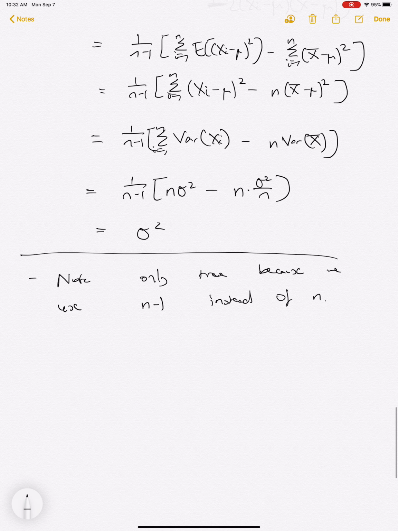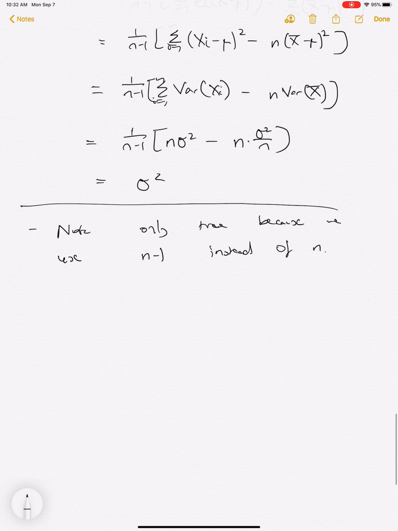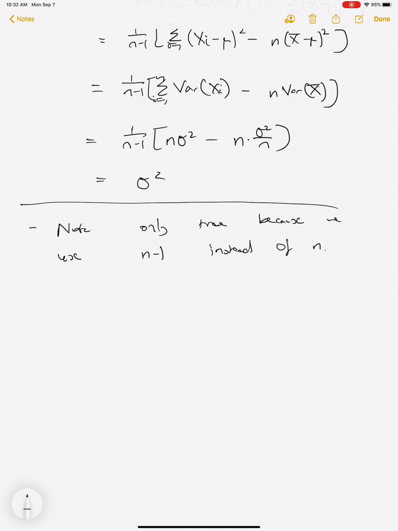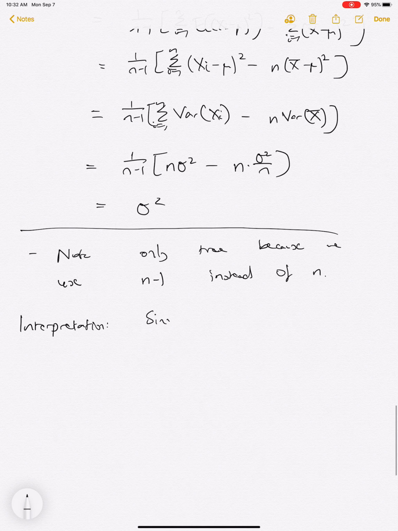And a natural question to think about here is why in the population you have big N for the population variance, but in the sample you have little n minus 1 instead of little n. This is a very interesting question to think about, and intuitively it might take a little bit of time to grasp. At a high level, the interpretation is that since the sample mean x bar is random,